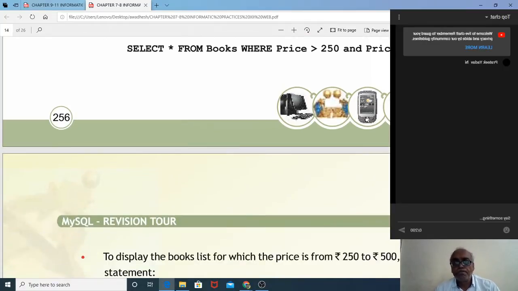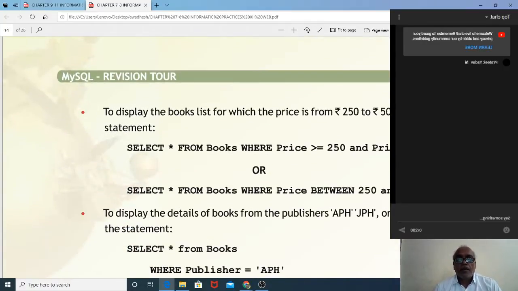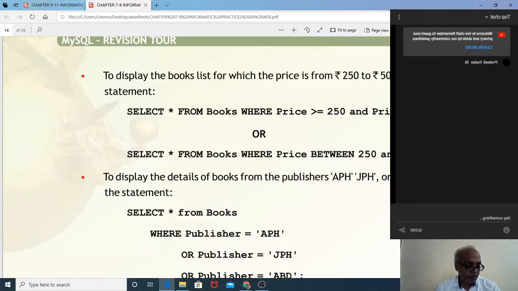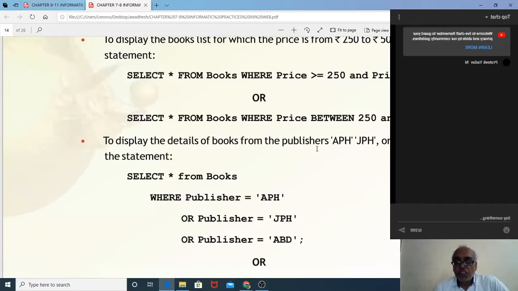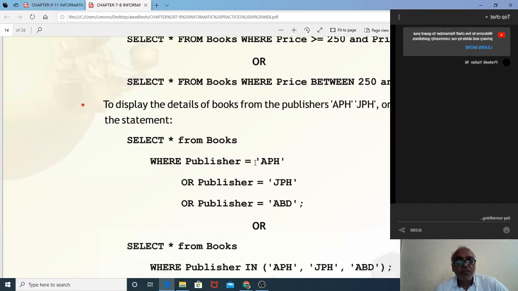Next, to display the details of publishers APH, JPH, and ABD, we enter select star from books where publisher is equal to APH or publisher is equal to JPH or publisher is equal to ABD. All these where clauses are used with this or.